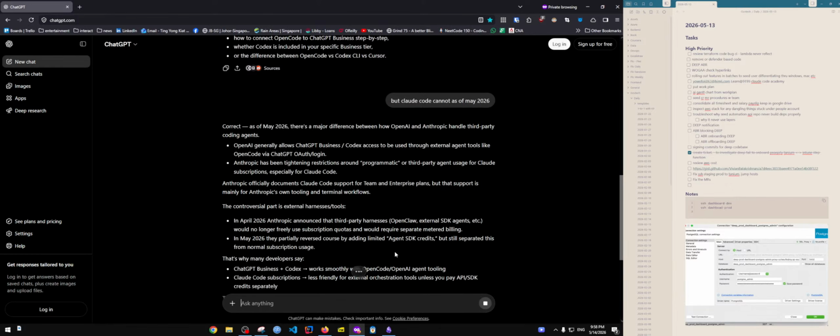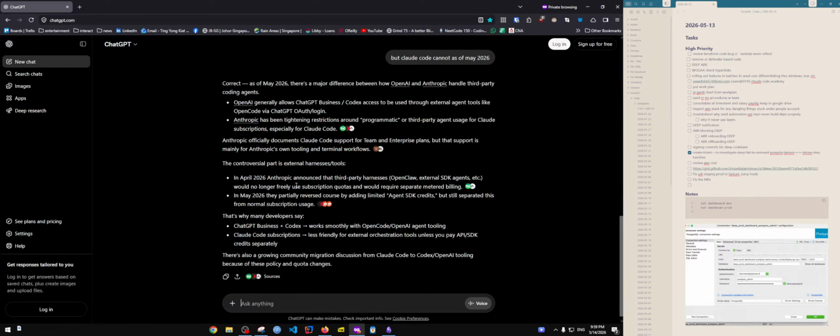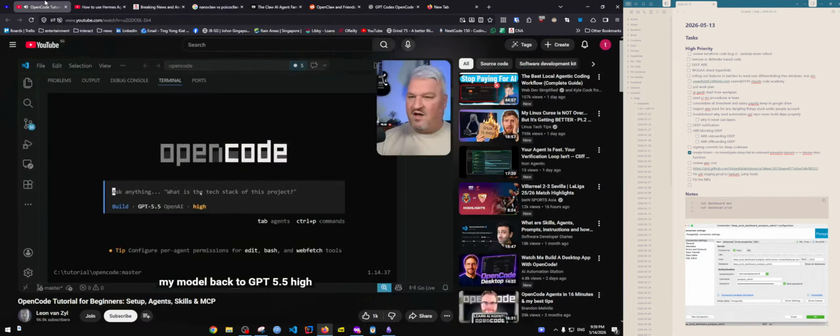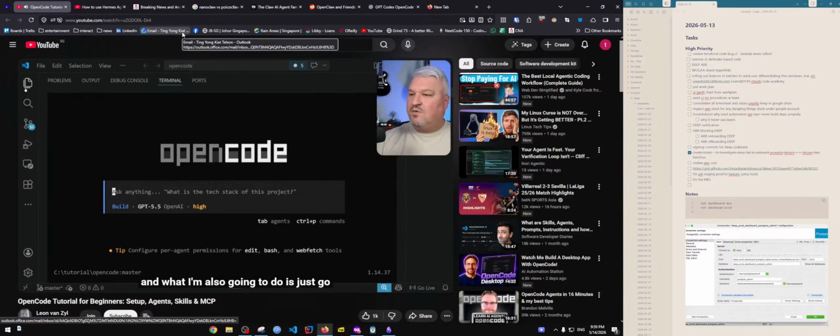So some of these skills might actually be stored in my user folder, but for you, you should definitely have those 3 skills available. Just a side note, if you don't see any skills, what you need to do is simply exit out of OpenCode by running /exit, then just reopen OpenCode, and now you should see all of those skills. So I'll just switch my model back to GPT 5.5 high, and what I'm also going to do is